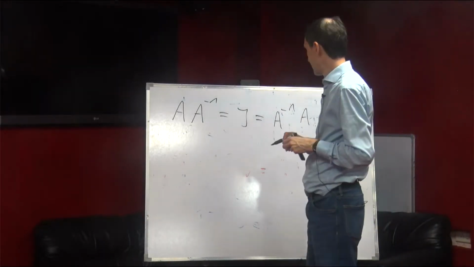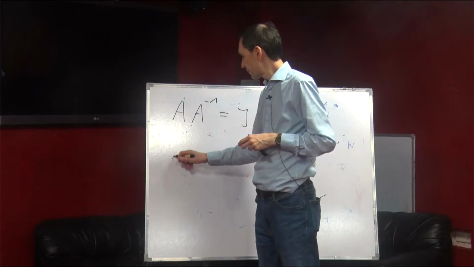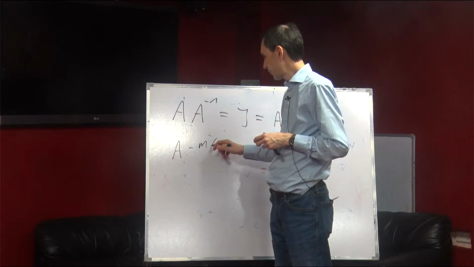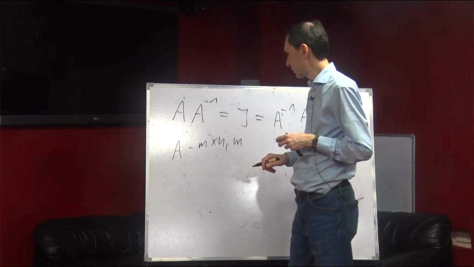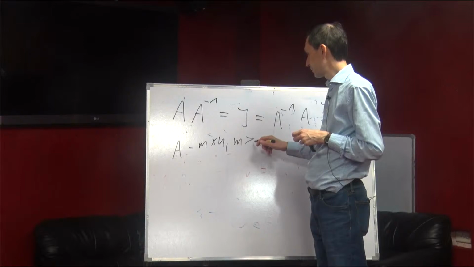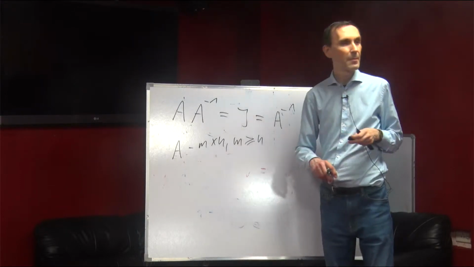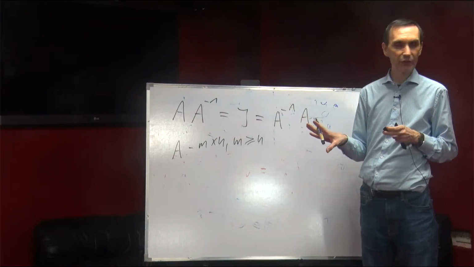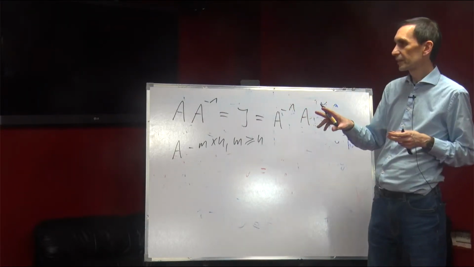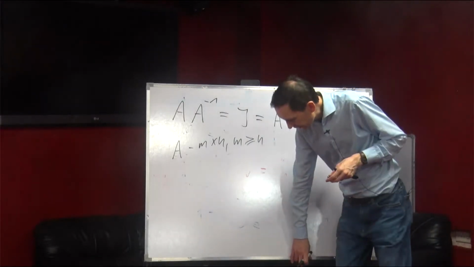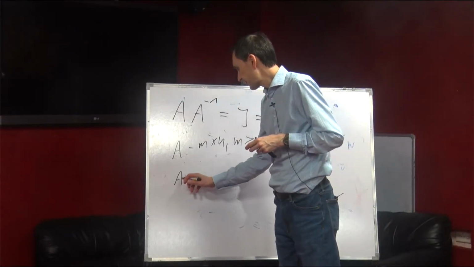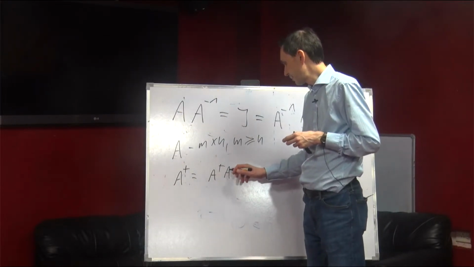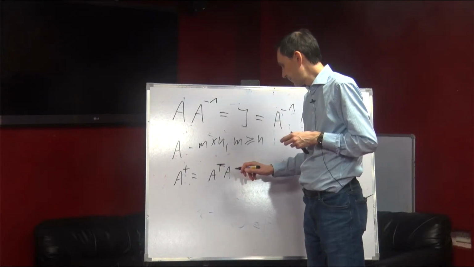Not difficult. So now you have a matrix A, and the matrix A is, let's say, an m times n matrix with m bigger or equal than n. So this inverse doesn't exist because you can't take an inverse of a non-square matrix. But what we said, because this is our case, is that we have a matrix called A plus, and we define it like this. We say this is A transposed A, inverse,